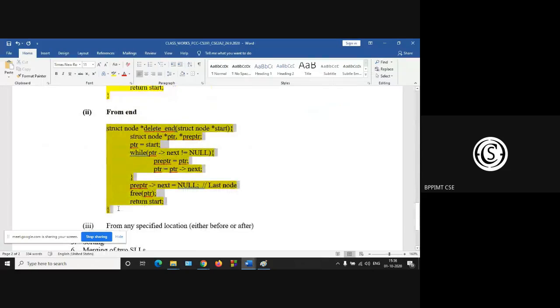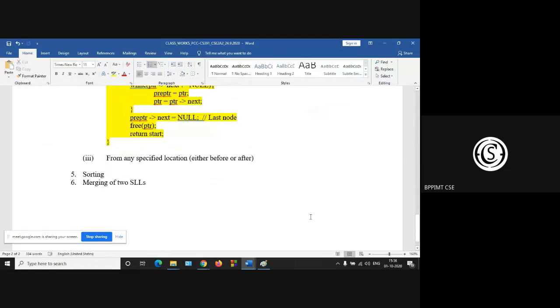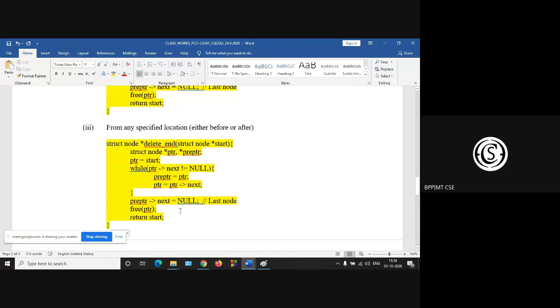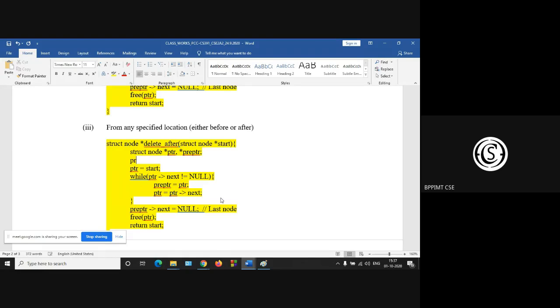So struct node, let's write delete after. Now printf, enter the value after which we are interested for deletion.